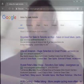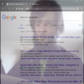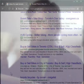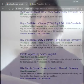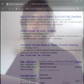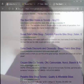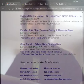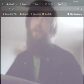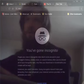Let's see here. Sweet Pete's, that's all new stuff. If you're going new, just go in and ask them about this type of stuff. Ooh, Bike Depot. See, I'm looking at the super cheap end of the spectrum because I'm also saying in the further sort of how-to category,